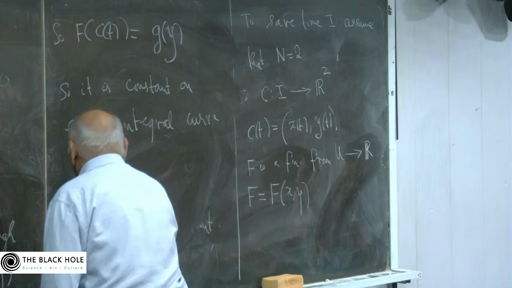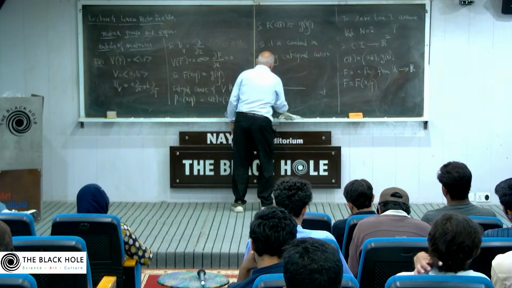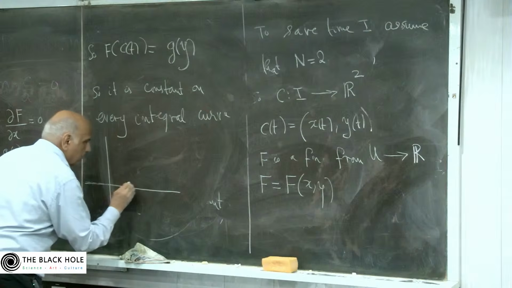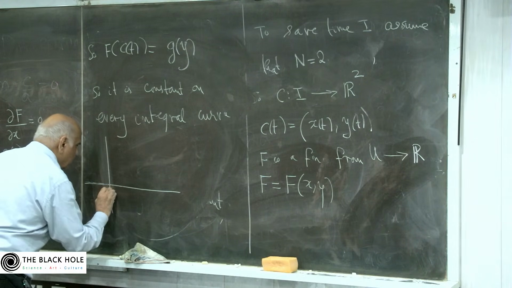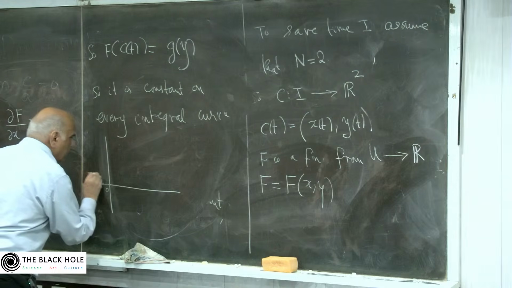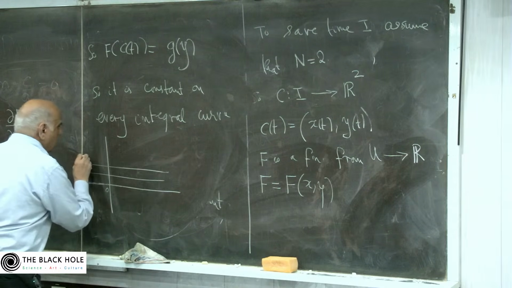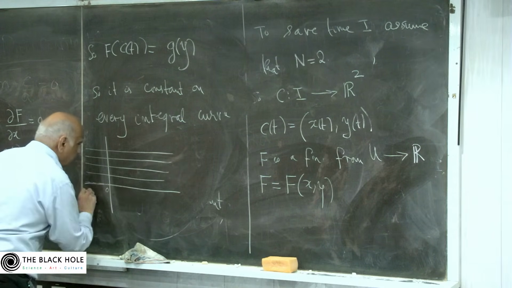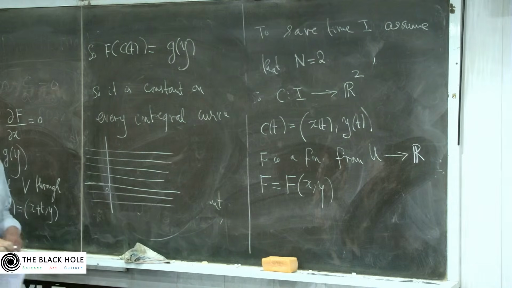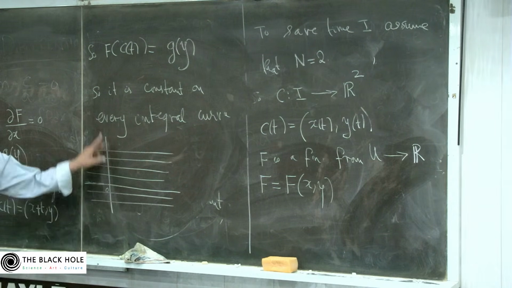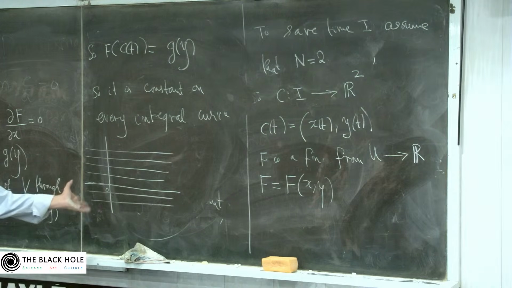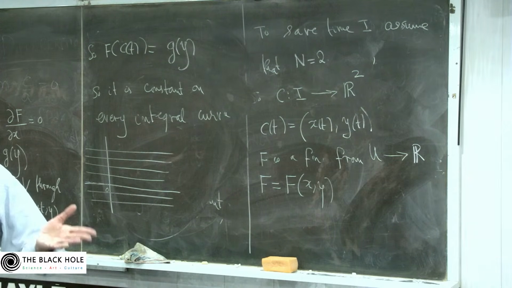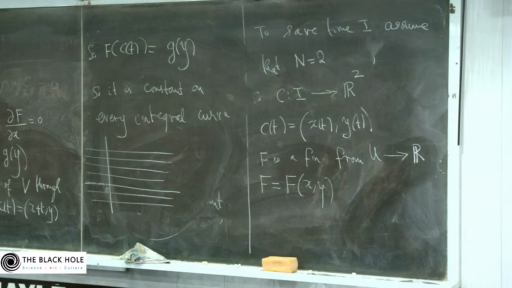So how does it look pictorially? What are the integral curves? This is the origin. So the integral curves are, and because the function f depends only on the y coordinates, this is an example. It may look to you like a trivial example, but I'll show you a fantastic result later,